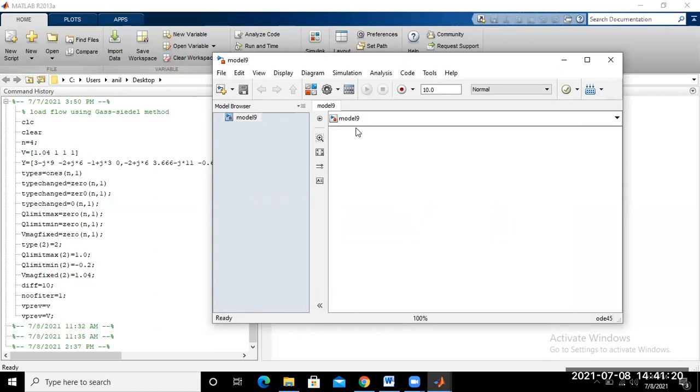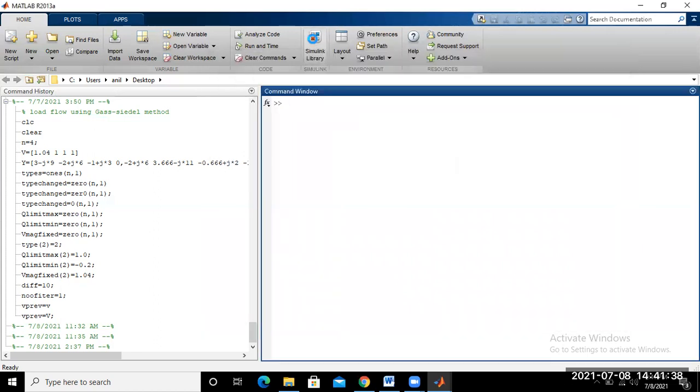After the simulation, your model is saved in the simulation lab and you can open it next time. Okay. So next, open the Simulink library for the blocks.